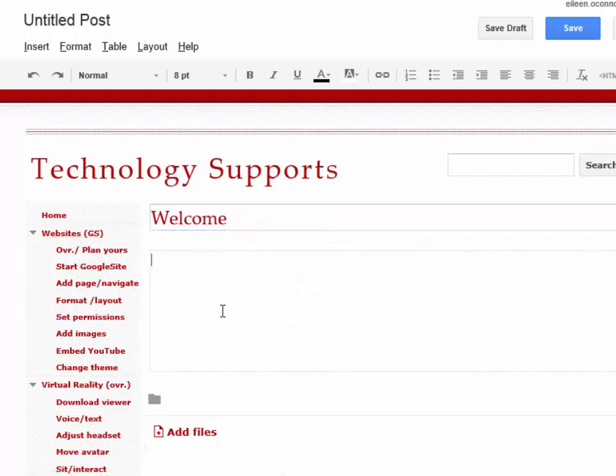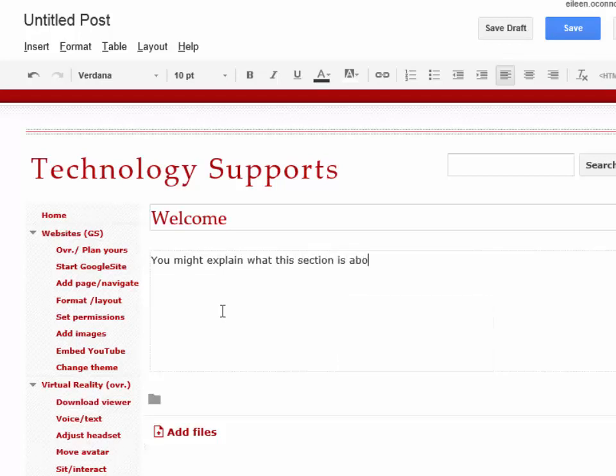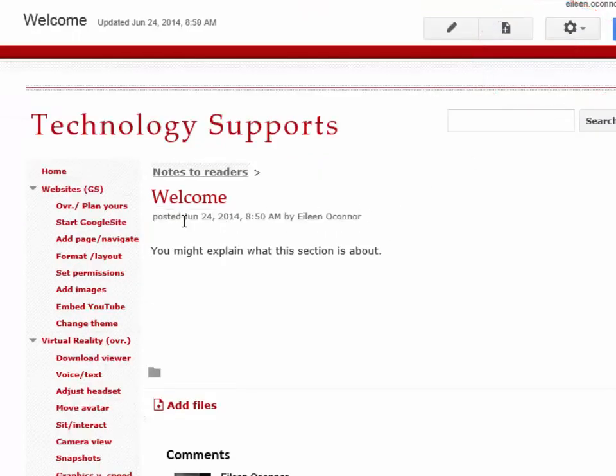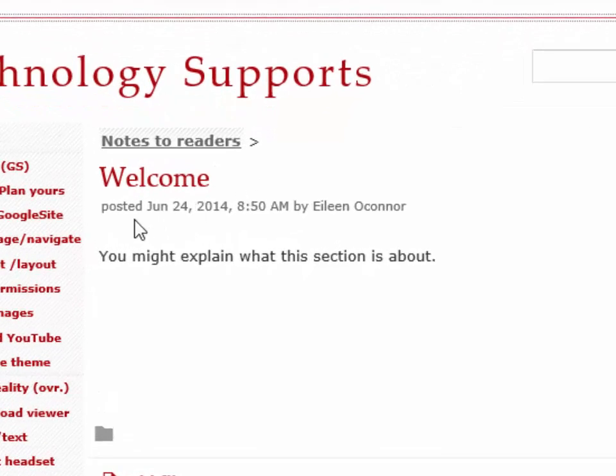And then you come in here and you might explain what this section is about, whatever your opening note would be, and when you're finished you could either save it so you go back to it later, or click Save so it actually becomes posted. Now you'll see that automatically this particular format with announcements clicked and put in some data about the date and